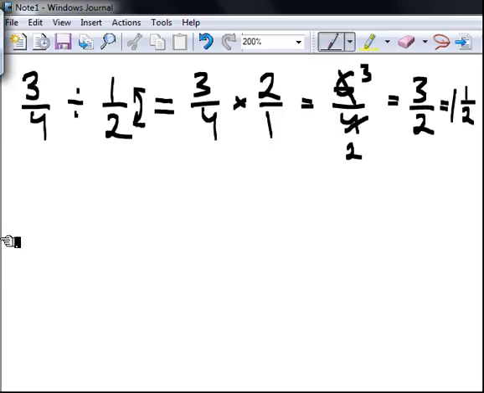Let's say we have 2 and 1/10 divided by 3/5. Same thing as we did with multiplication with mixed numbers like this. We're going to change it into an improper fraction. So this is going to be 21/10